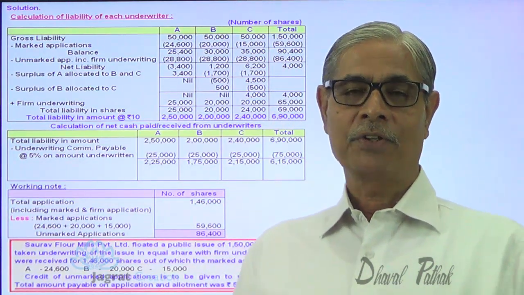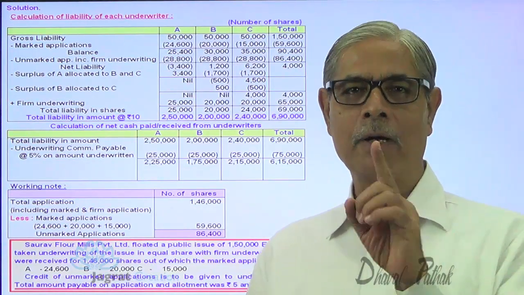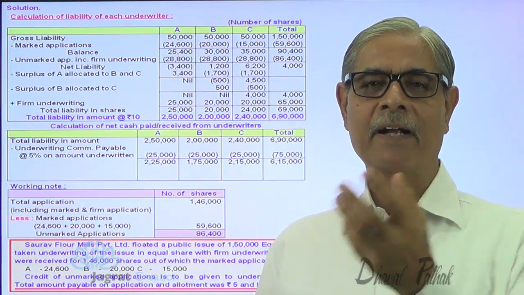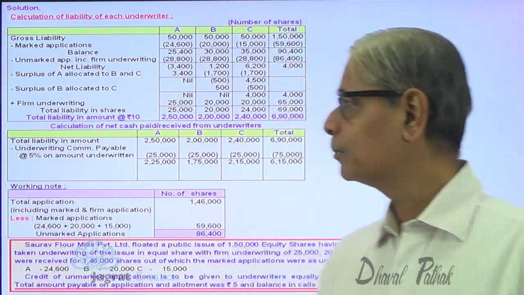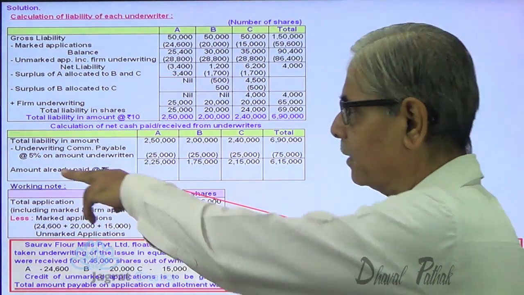Now, they have already made application for the firm shares. And on firm shares, they have already paid at the rate of ₹5. That is required to be paid with application and allotment. So, at the rate of ₹5,